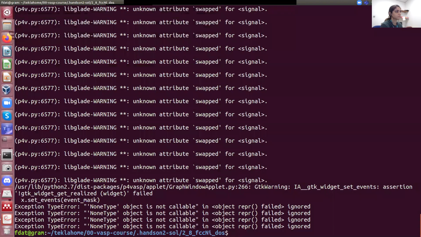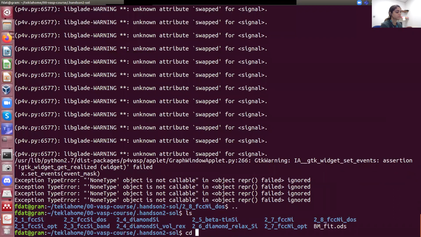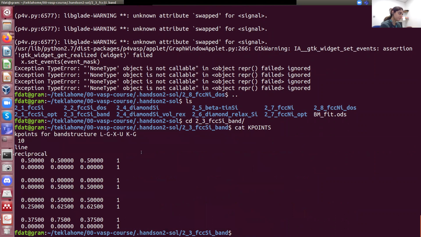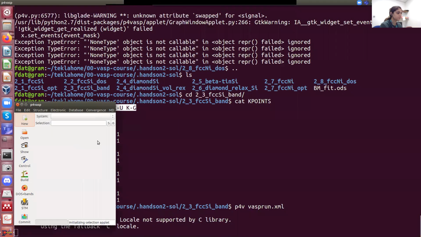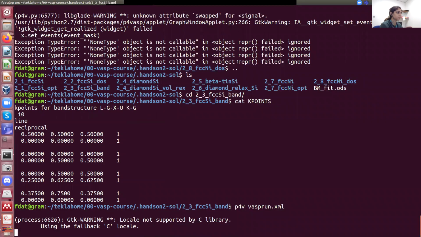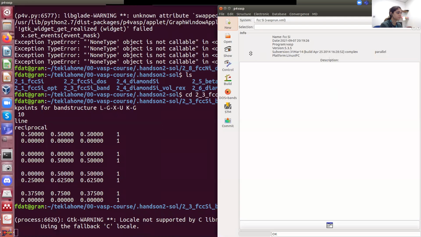So that's the reason why, for instance, a better one where you calculate the band directly is this one, because now you have a completely different k-point set. Here you see, these are 10 k-points defined across the Brillouin zone, depending on the k-points that you want to sample to have a proper band gap. So here is not using any package, any Monkhorst-Pack package. And actually you see the difference.